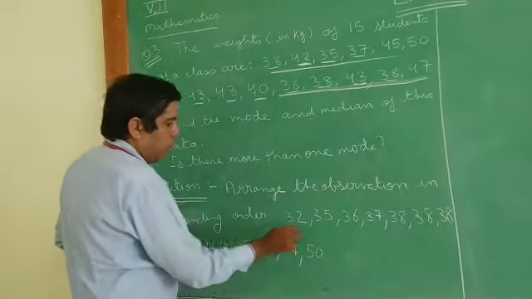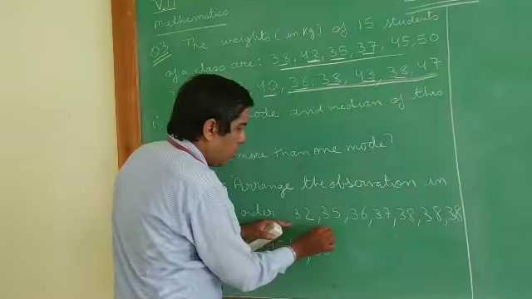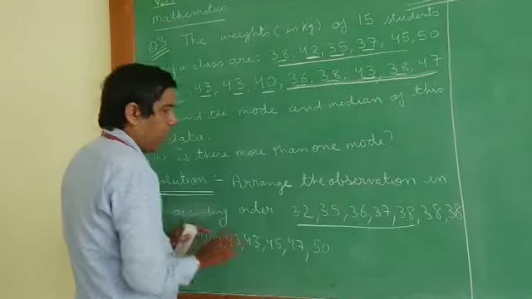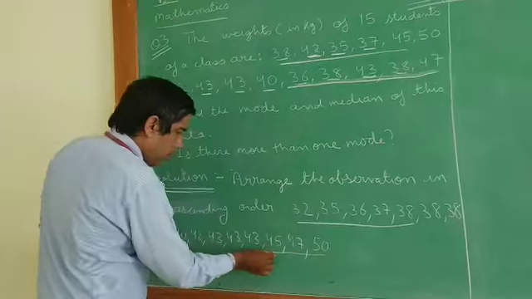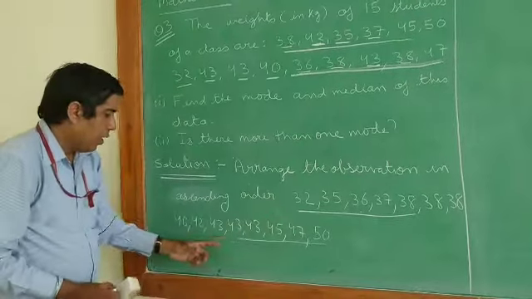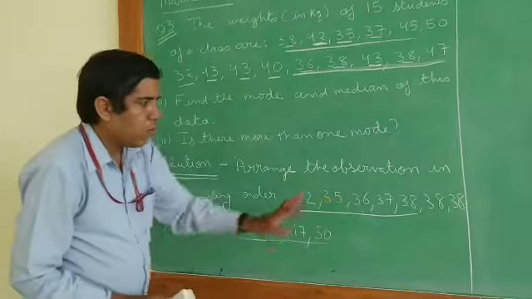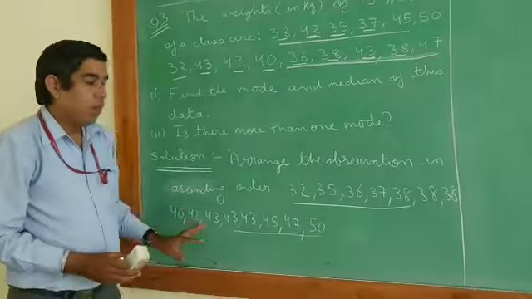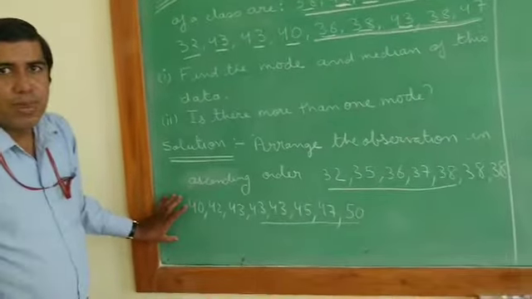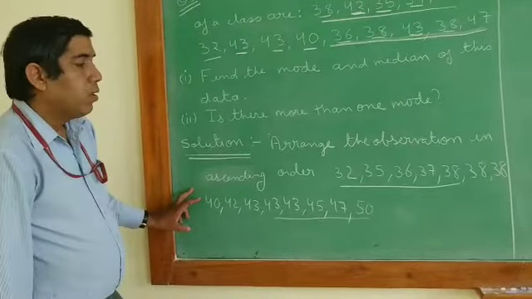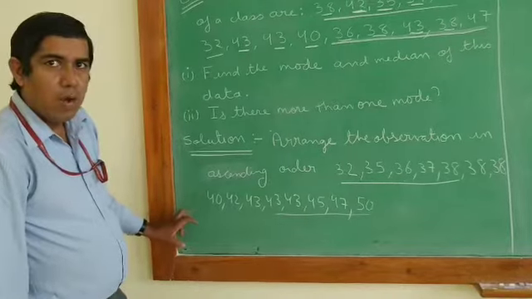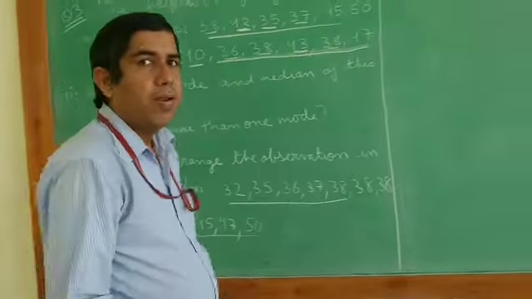Let us count it. So it should be 15. 1, 2, 3, 4, 5. So here it becomes 5. Let me count here. 3 plus 2, 5. Now you can see here 3 plus 2, 5, 5 plus 5, 10. Here remaining is 3 and there remaining is 2, so it means 15. So it is right. No observation is missed. This is the main step in finding the mode or median. No observation should be missing.